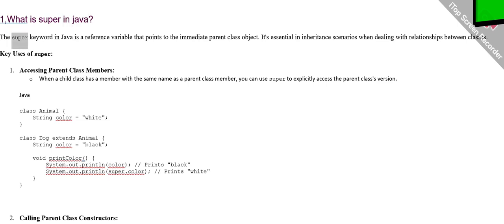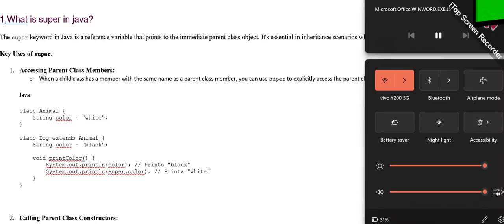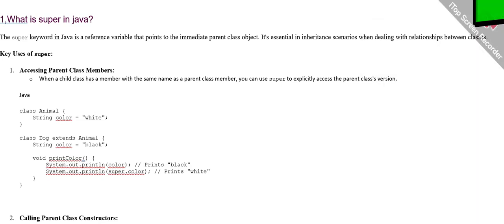1. What is super in Java? The super keyword in Java is a reference variable that points to the immediate parent class object. It's essential in inheritance scenarios when dealing with relationships between classes. Key uses of super: